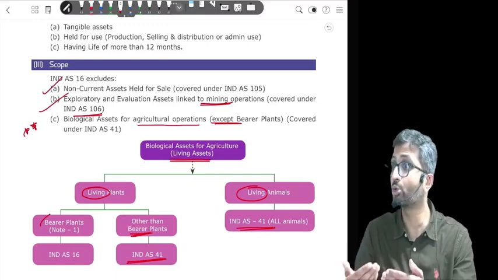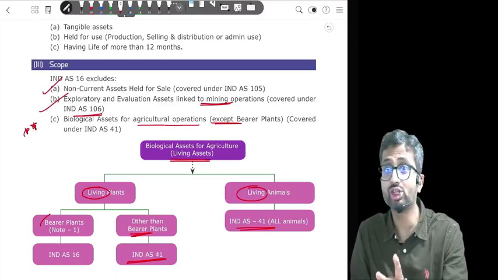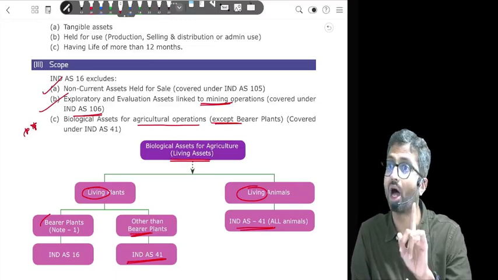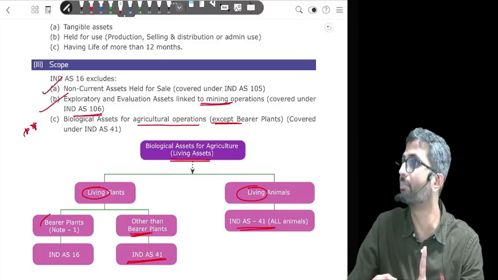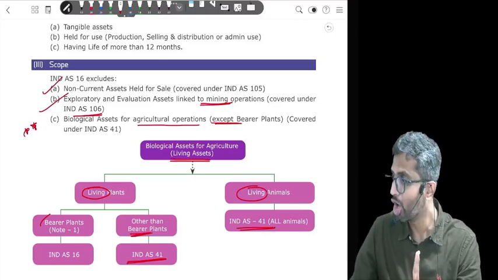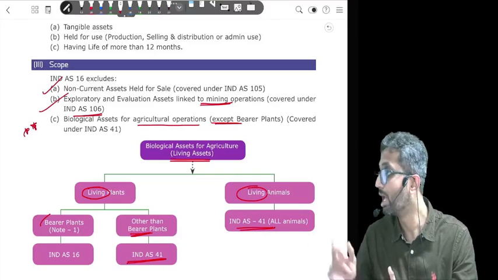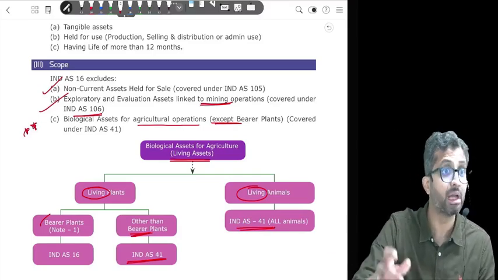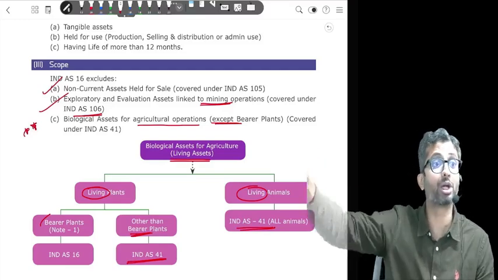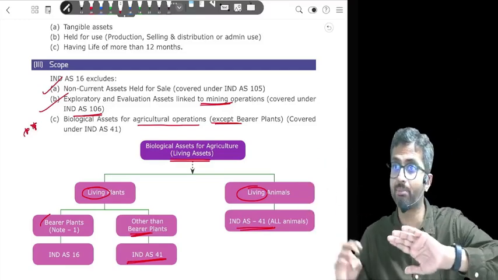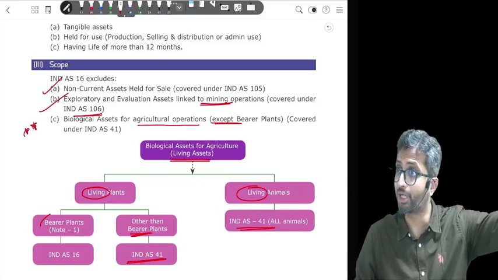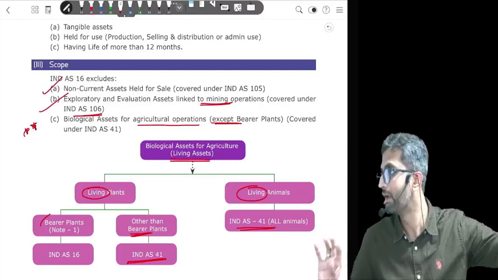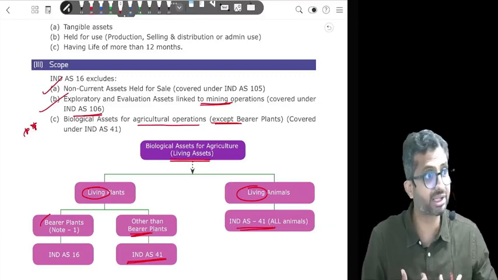For example, if I were to buy a machine at 118, for which 18 I am going to get credit, what will be my journal entry? Asset account debit 100, GST receivable account debit 18, to bank 118. Then by around 20th of each month, when you file the GST 3B, you will take credit. Let us say you have to pay 20 rupees. GST payable account debit 20, to GST receivable account 18, to bank 2 rupees. So basically, I am receiving credit.